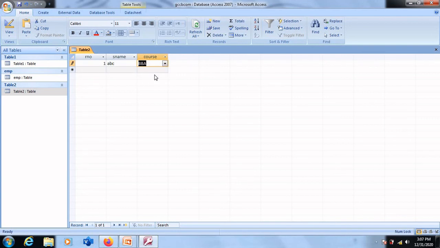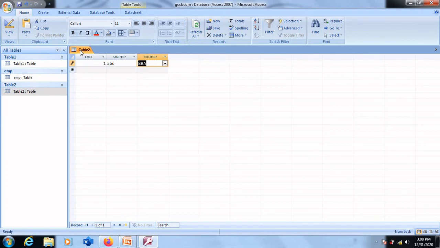So this is about the kind of data types we have in MS Access 2007. And if I wish to extend this table, if I wish to add some more columns, by mistake I have saved this table, but now I wish to enter some more columns into it.